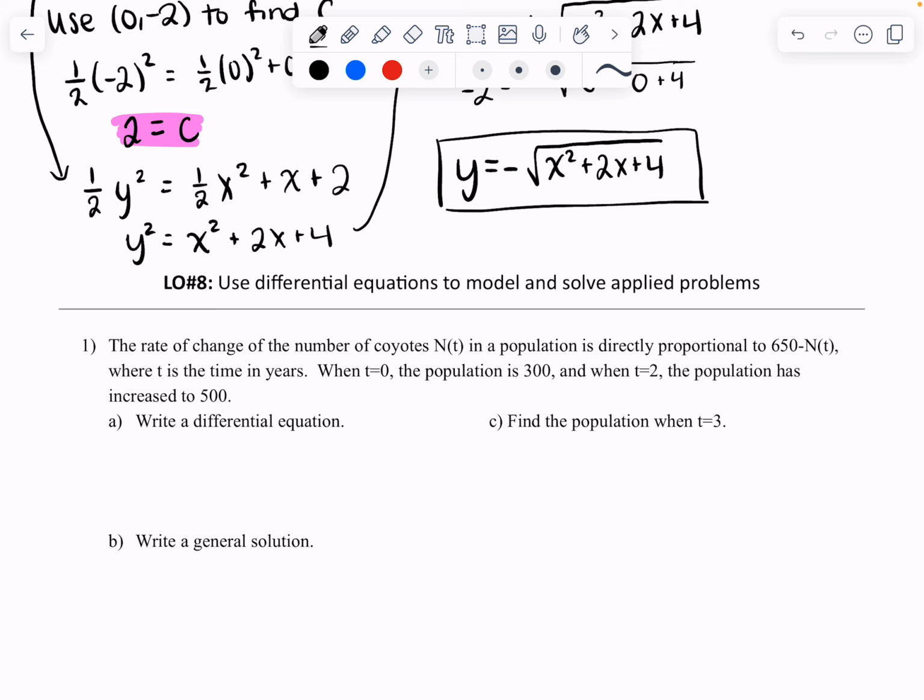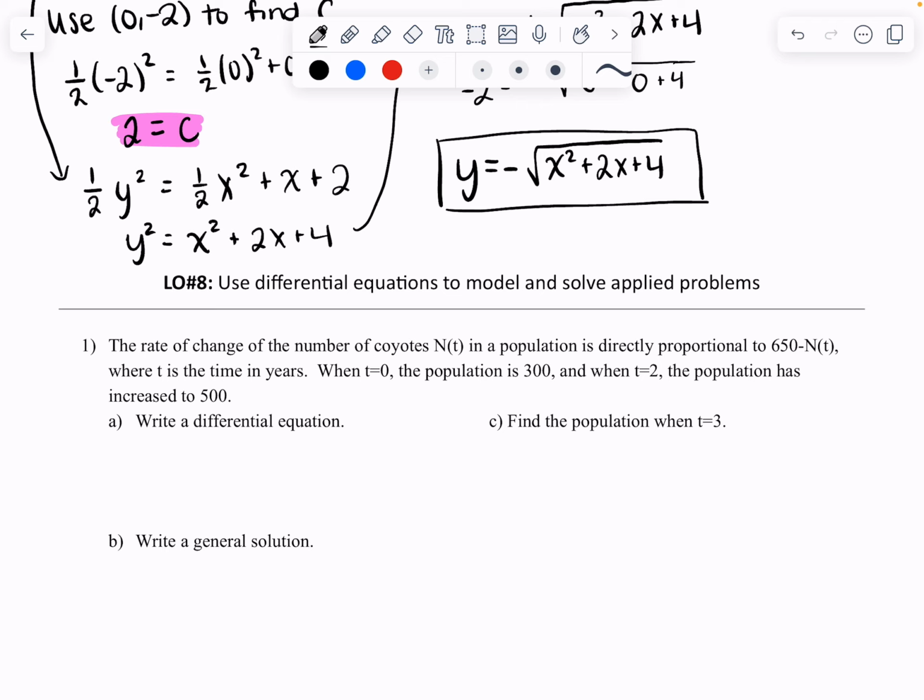So first of all is going to be how it's worded. The rate of change of the number of coyotes, N of t, in a population is directly proportional to 650 minus N of t, where t is the time in years. When t is 0, the population is 300. When t is 2, the population has increased to 500. So